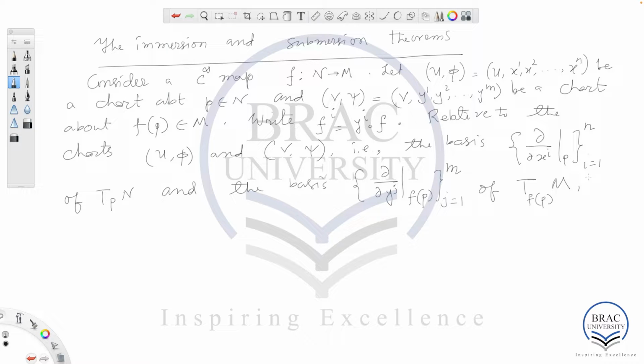So with respect to these two bases, the linear map F_{*,p}, which is the differential of F at p, a map between the tangent space T_pN and T_{f(p)}M, is represented by its Jacobian matrix,